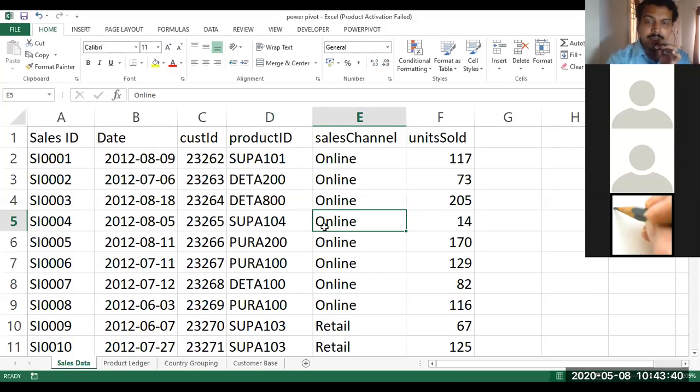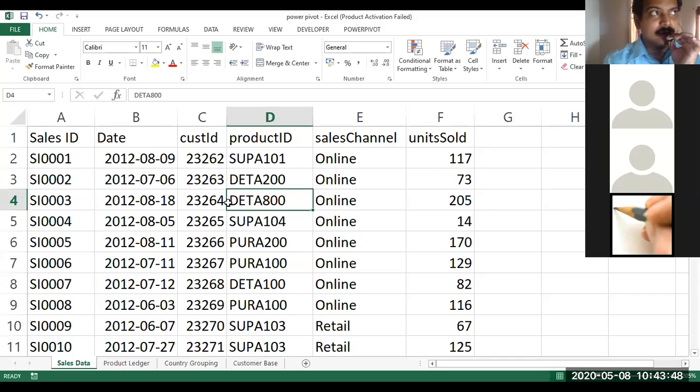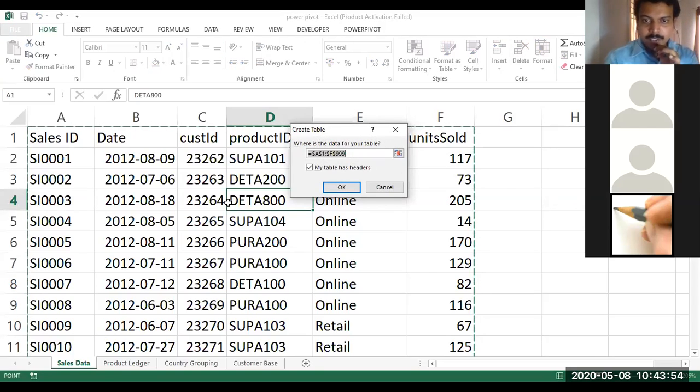So how do we define it for Excel as a table? First you click anywhere inside the table, and then you press Control plus T. T for table. The moment you press it, you can see the entire table is selected. You get a small dialog box, which we call the Create Table dialog box. Look at that first line. The data table is selected. We have almost 1000 rows there.